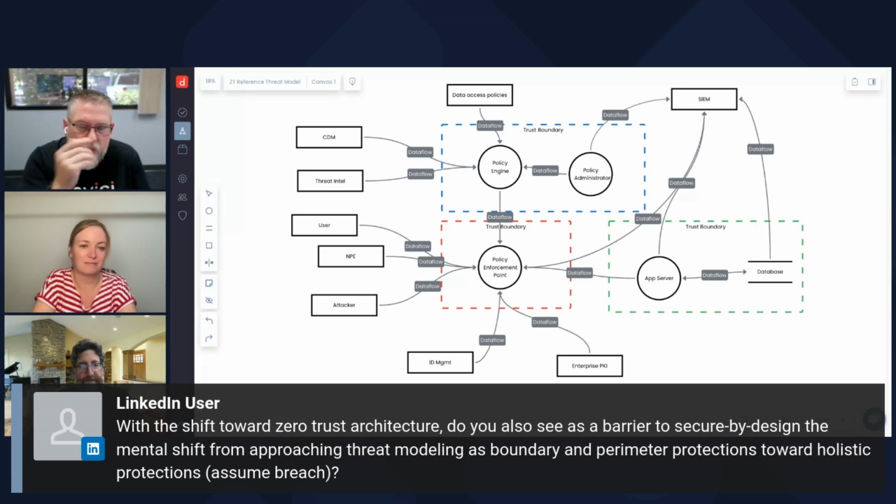But in a zero trust world, you've got the control plane, which I'm showing at the top with the policy engine and the policy administrator. You've got the data plane, which is your PEP, or policy enforcement point. And then you've got various enclaves behind the policy enforcement point where you're delivering services. And you've got SIEM, CDM, PKI, identity management, all of these things rolling together.